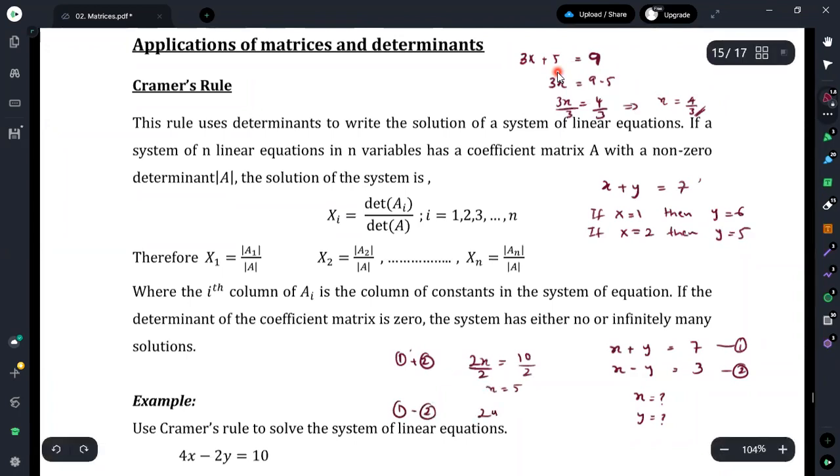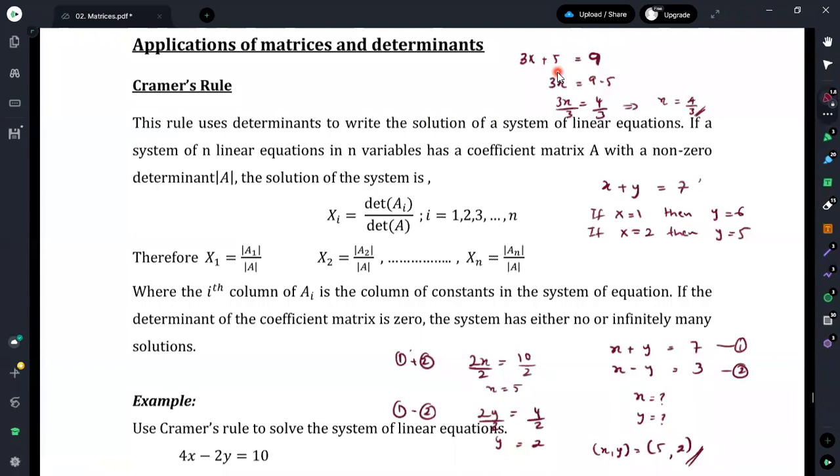In a similar manner, if you subtract the equations, 1 minus 2, you get 2y equals 4. Then divide both sides by 2, and you successfully get the value of y as 2. Therefore, you can write the value of x and y as an ordered pair: the value of x is 5 and the value of y is 2. Since you had two variables, you need two equations to obtain the exact solutions. Otherwise, for an arbitrary value of x, you can get a value for y or vice versa.